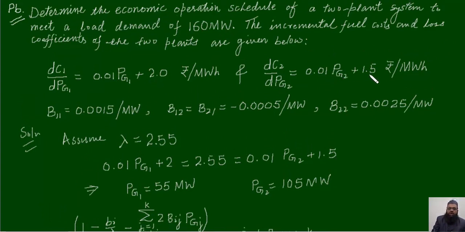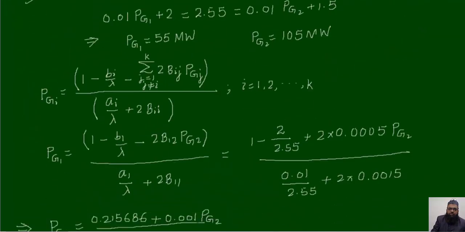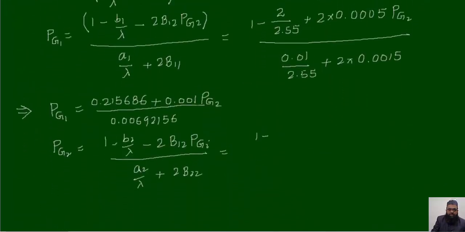So A2 we are having 0.01 and B2 we are having 1.5. So right here 1.5 upon assumed value of lambda is 2.55 and B12, B21 are same. So B12 value is 0.0005